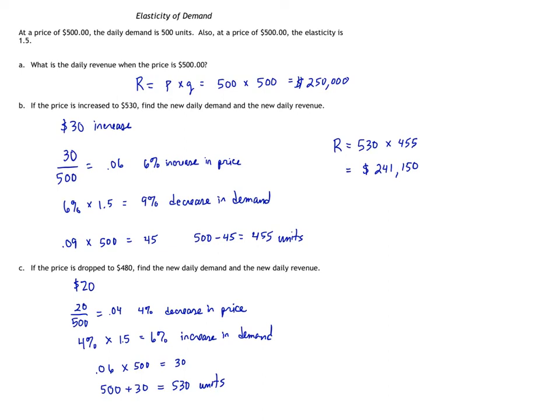Finally, to determine the new revenue, we'll just take the new price of $480 and we'll multiply it times the new quantity of 530 units. This will return us a total revenue of $254,400. And so in this case, we can see since elasticity was 1.5, this is elastic